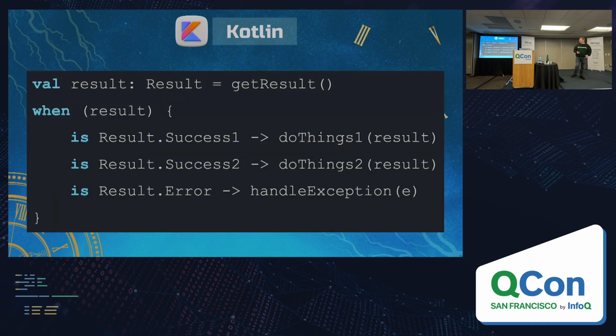So this is what my code looks like now. I just have a new branch in my pattern match statement that handles the error case. And so now I'm not relying on good intentions to put the try catch into the code. The compiler, because this is an exhaustive pattern match statement, will fail to build if I haven't added the branch to handle this error. And this code's just cleaner and simpler, right? It doesn't involve this extra level of nesting and weird special case code.